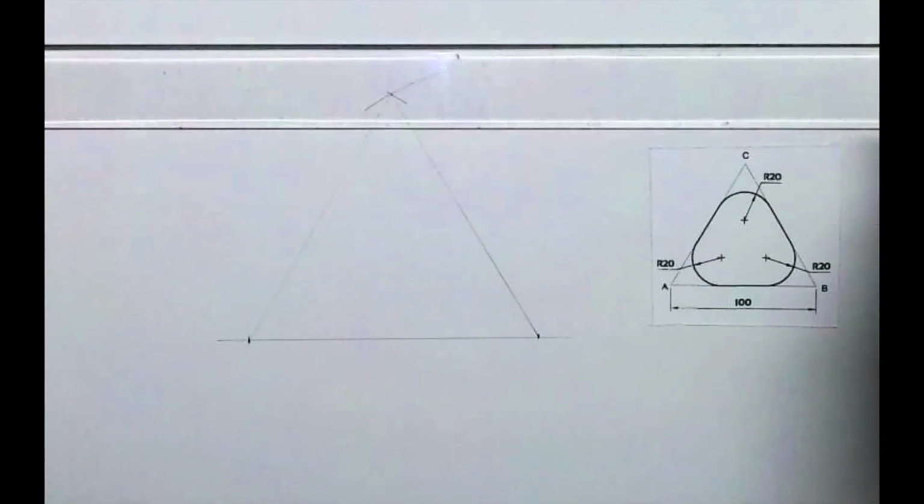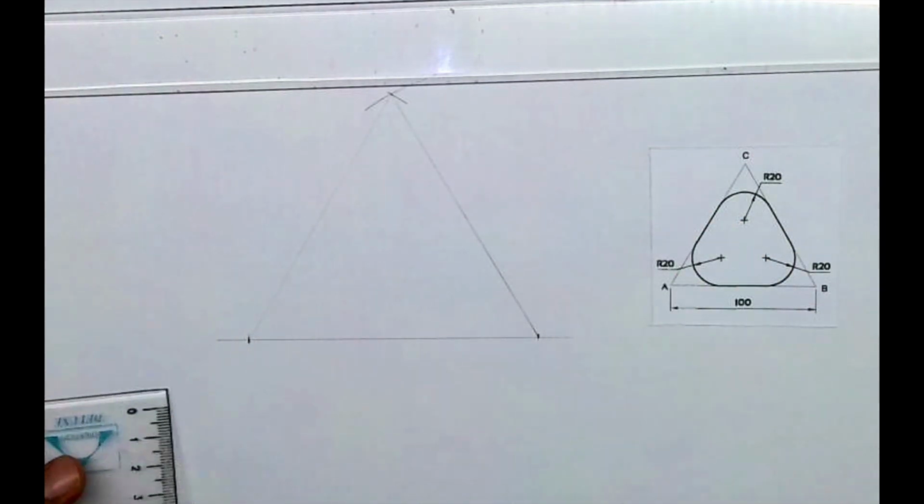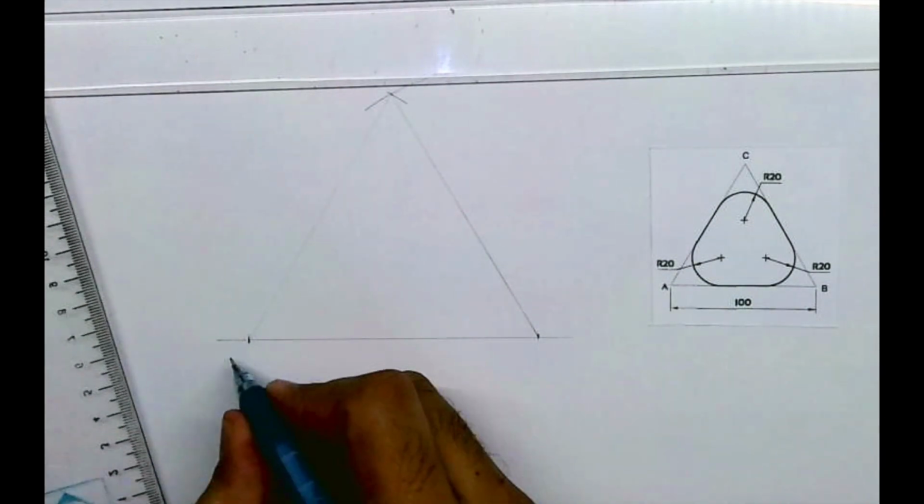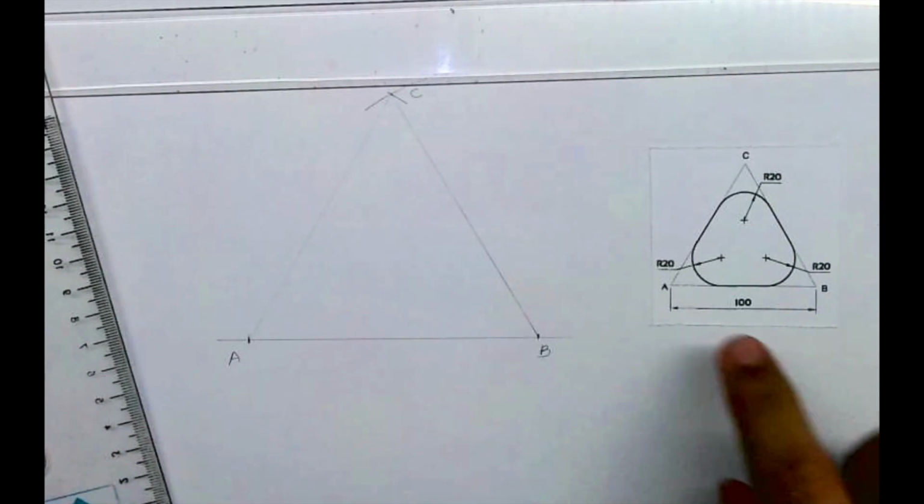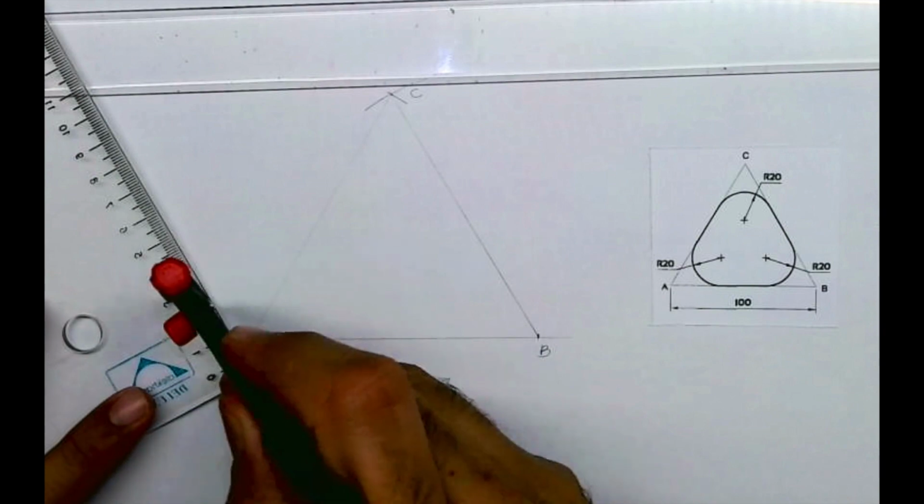After that you have to draw this radius 20. So to draw radius 20, what should we do? We have to draw a parallel line. See, they have given triangle ABC and they have given radius 20, which is touching line AB as well as AC. So what I need to do, I need to take radius 20